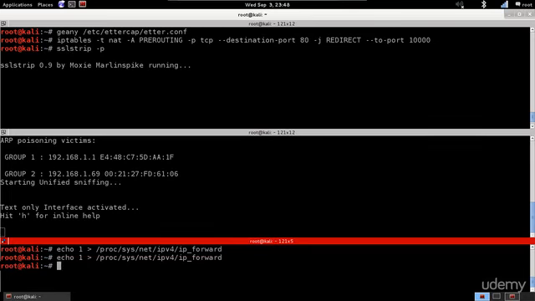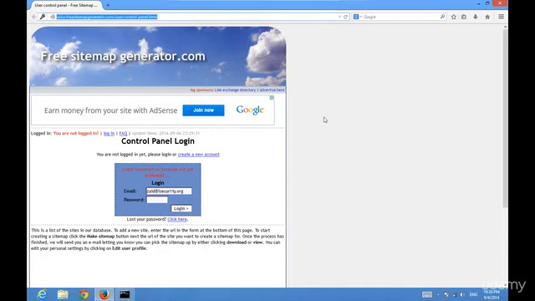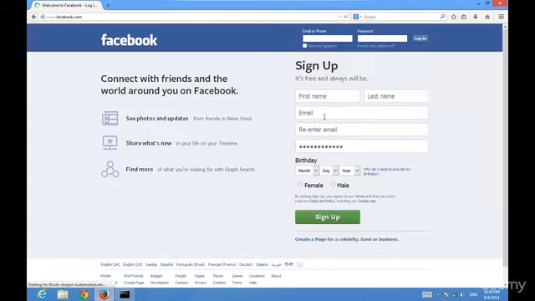We're going to go to the target device now and try to log into Facebook and see if we get a warning or not. So I'm going to go to facebook.com. And notice that I didn't go to the HTTPS version of Facebook. I'm at the HTTP version. So we're not actually decrypting HTTPS or any of that. We're only changing it, instead of letting the user go by default to the HTTPS version,